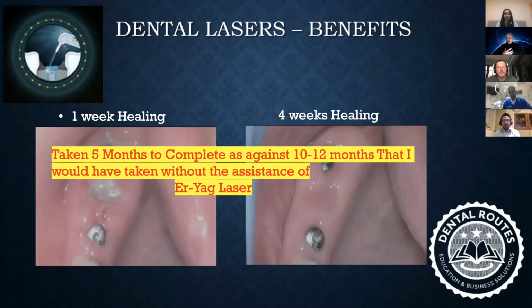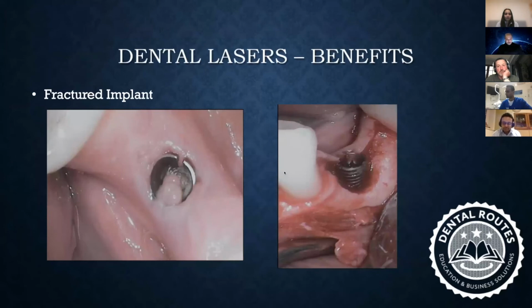Okay, so that speaks a lot of things. At least for me, it sort of says how we can embrace technology in a right way with the right knowledge to give the best experience for the patient and also make it a good tool to create a wonderful business model for your practice on a day-to-day basis. A very similar situation again, where a patient came to me with this fracture implant, which